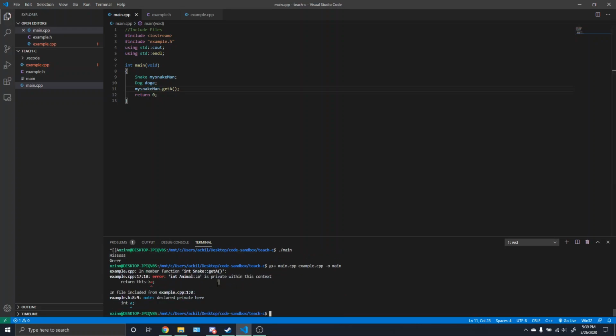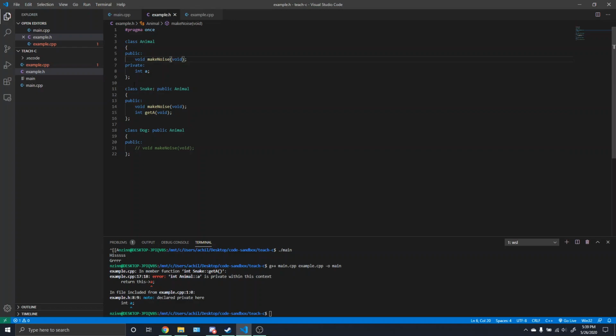And as you can see, we get an error. And what that error says is int animal a is private within this context. So when I said private, even though this animal is a part of the snake, this snake can't access any of this animal's private stuff, because only animal functions can access that. So if we say we had an animal get a,